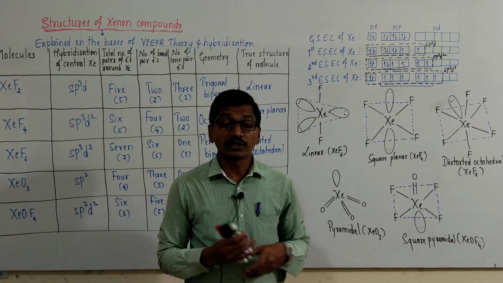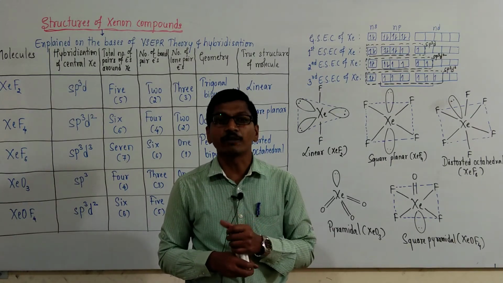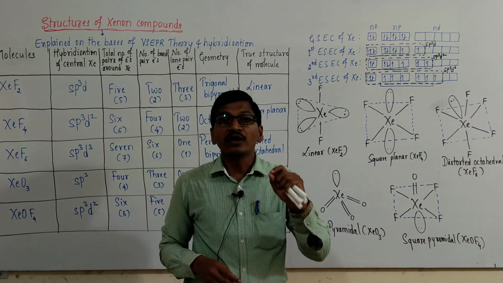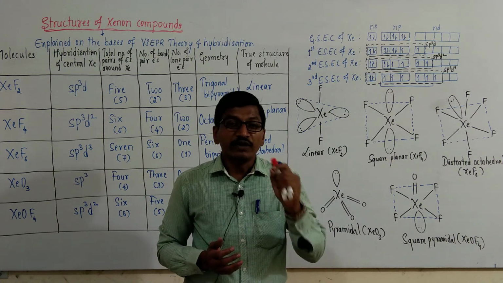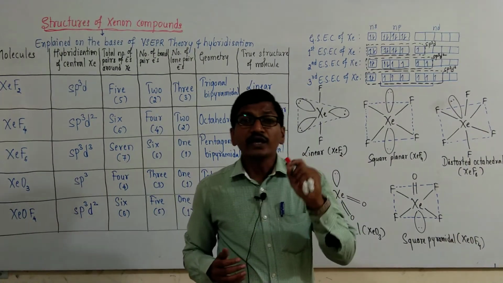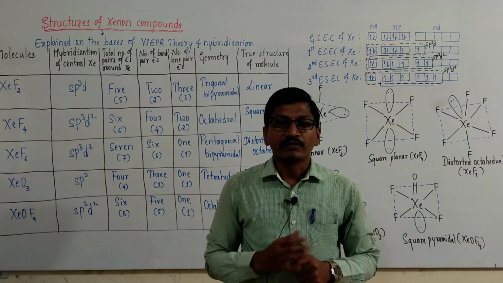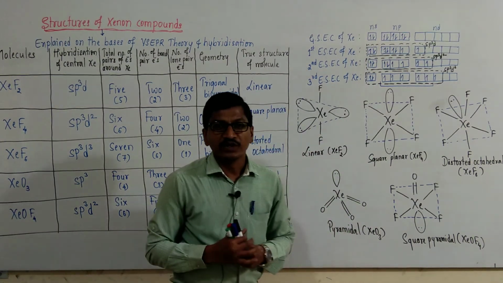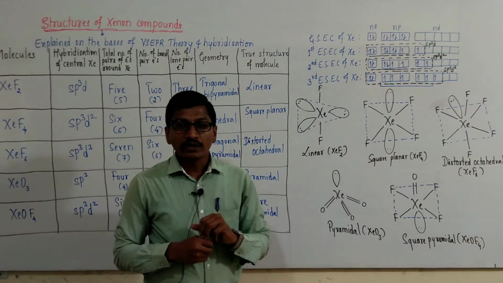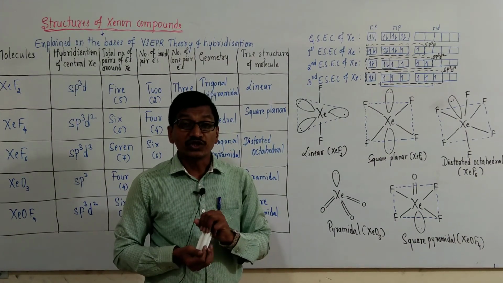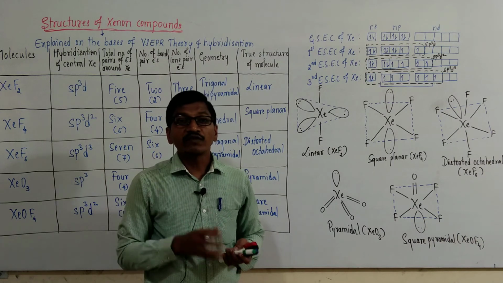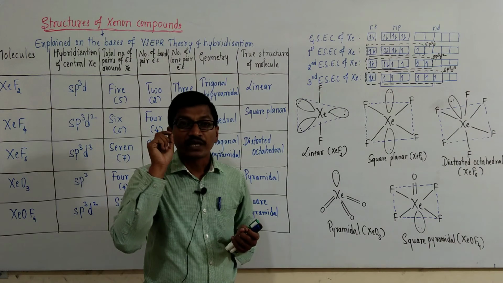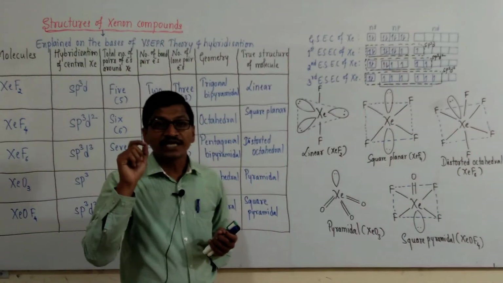Argon gas is generally used to fill electric bulbs, and it is also used to maintain an inert atmosphere in welding. It creates an inert atmosphere for welding. These are the uses of argon. Then krypton: krypton 85 is used to determine the thickness of steel sheets as well as metal sheets